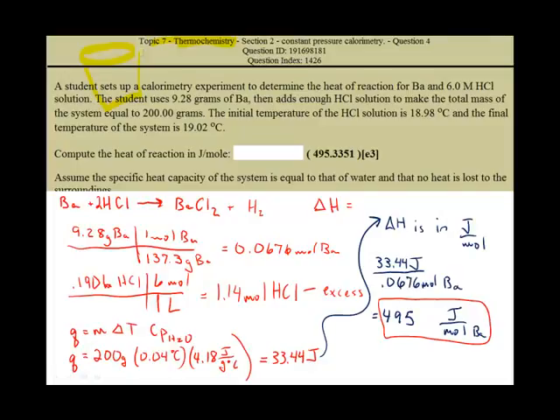And we measure whatever is going on with the system by the temperature change that's involved in the water that surrounds the system. So this is question 4. And in question 4, a student sets up a calorimetry experiment in which they react some barium metal with hydrochloric acid. Now the first thing I did was write a balanced chemical equation for this reaction